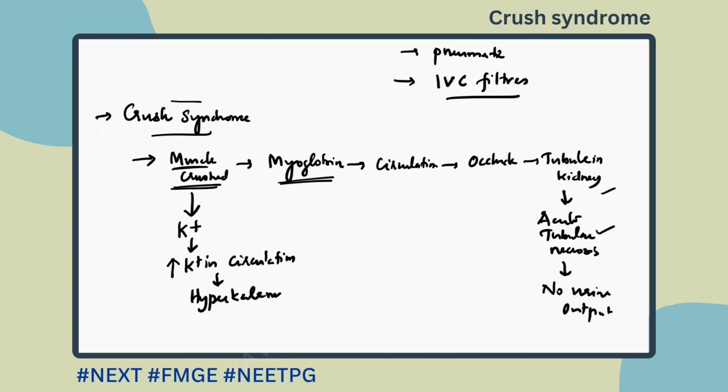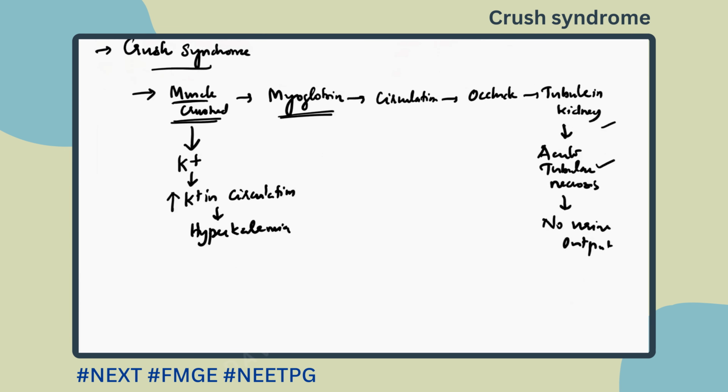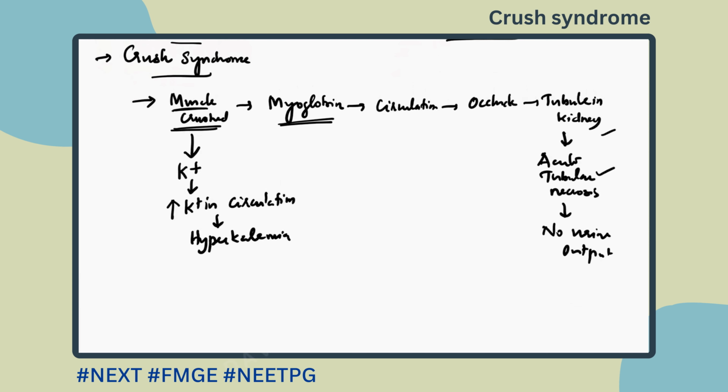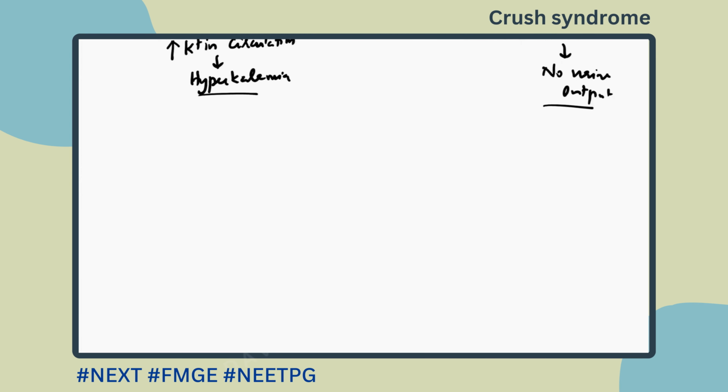So these are a few other complications when a fracture happens. Whenever there is a polytrauma, whenever muscle crushing is too much, myoglobin release can cause acute tubular necrosis, and potassium release can cause hyperkalemia and electrolyte abnormalities. Okay, clear? So this is one complication. There is another complication